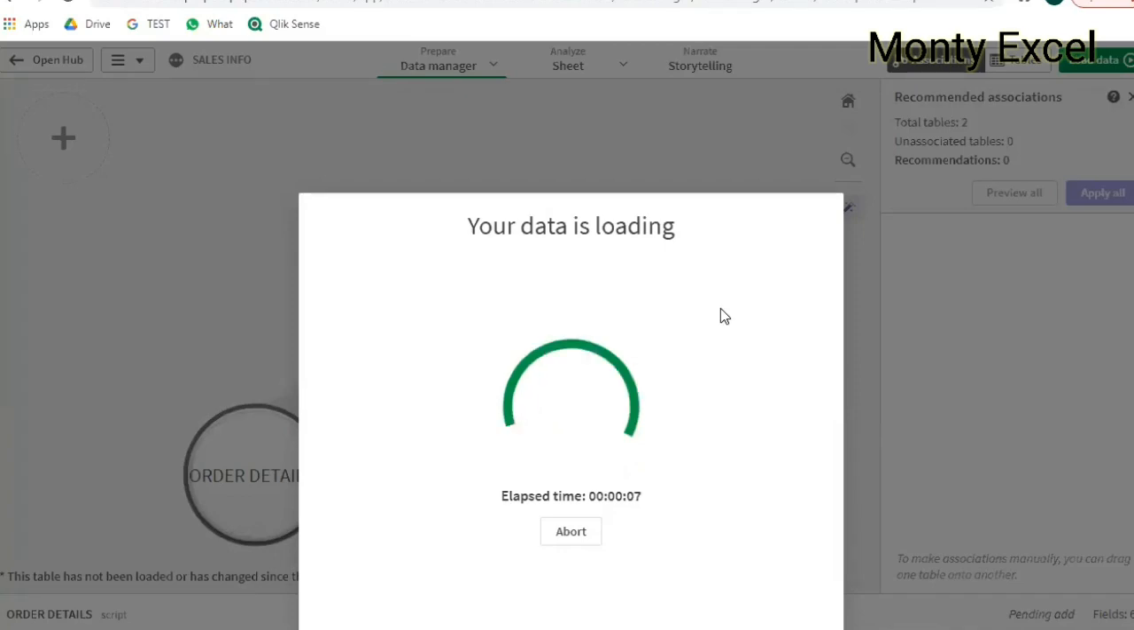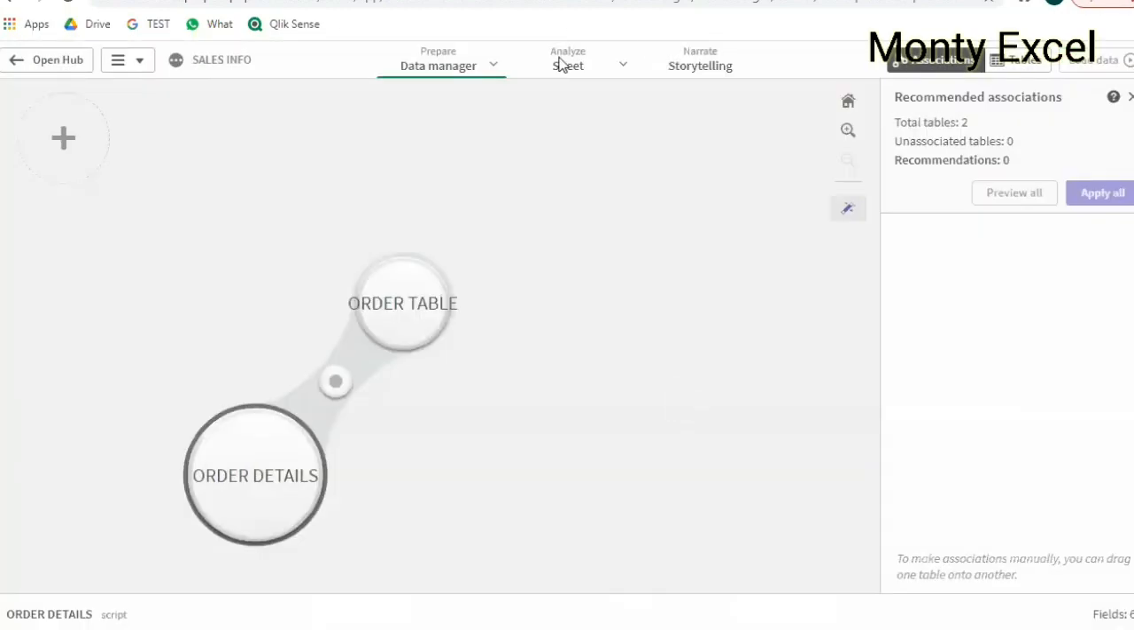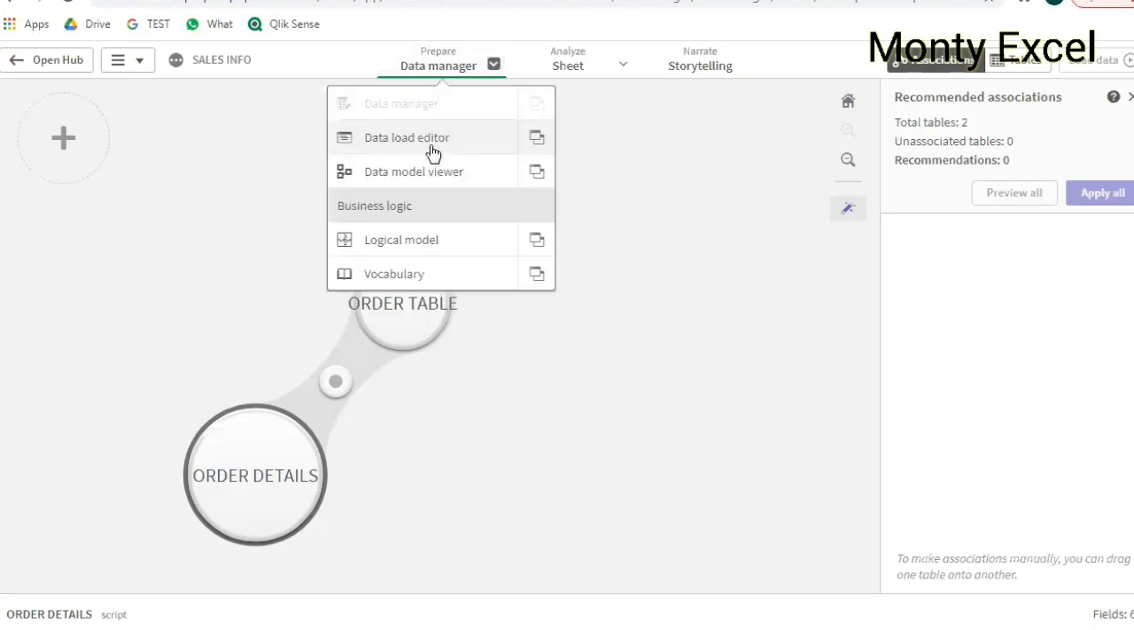Now let me see the way of joining these two tables by script itself. It's taking some time to load the data because it is not just loading the data, but also trying to create the relationship between these two. Once I close this, the data is loaded. I want to go to my load script and see what magic happened, because I was thinking I would be writing the entire script, but in between I took the help of data manager. Now I want to see what the data load editor shows. Once I click on data load editor, you will see